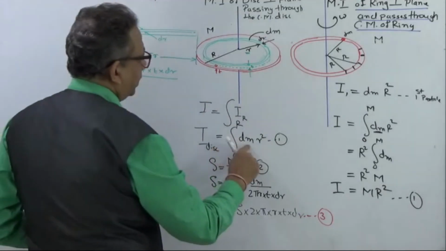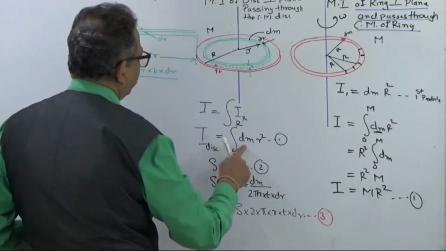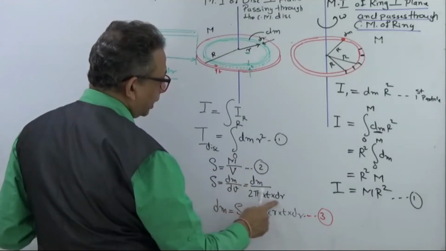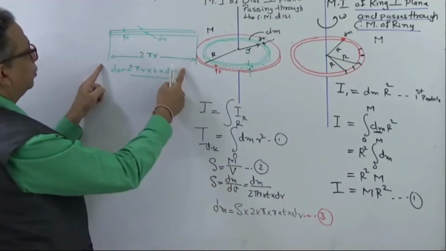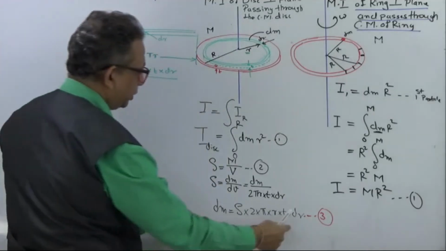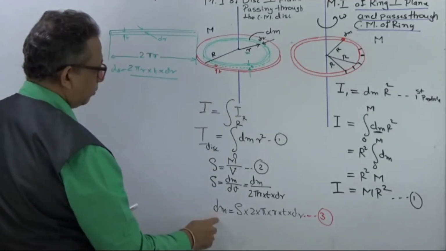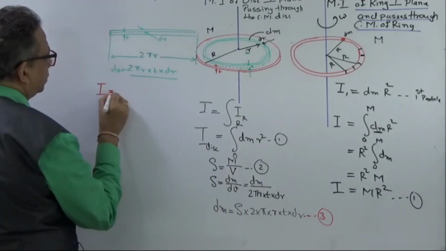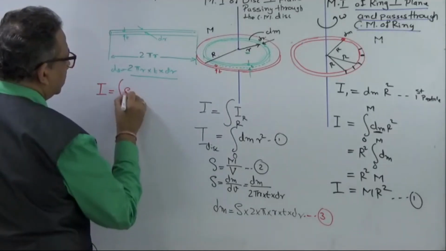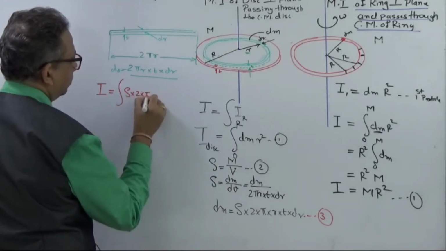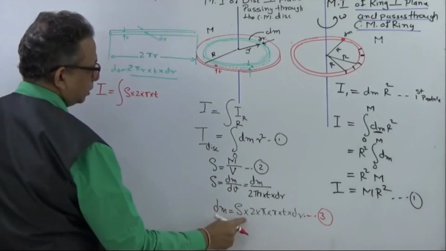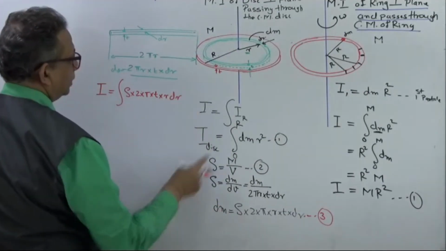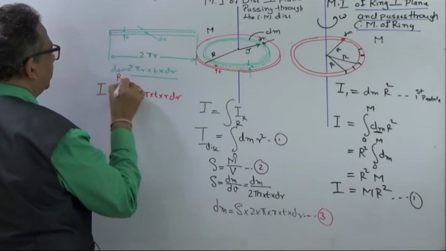Now my job was to find dm in terms of r. So I am making use of the equation of density. Density is dm upon dv. So dm upon 2 pi r t dr. So from here I have told you how I have found out the volume. I am substituting over here. Now this value of dm, when I substitute in this equation, then I will get the total moment of inertia is equal to integration, that is density into 2 into pi into t into r into dr, and this is going to vary from 0 to capital R.